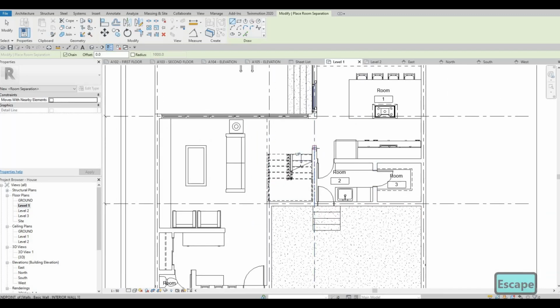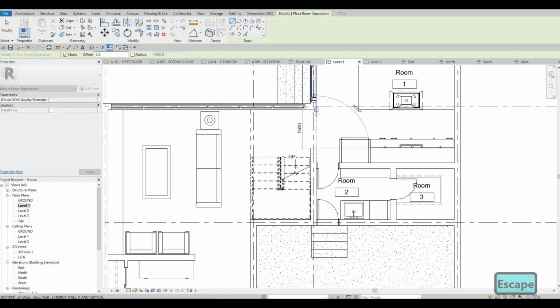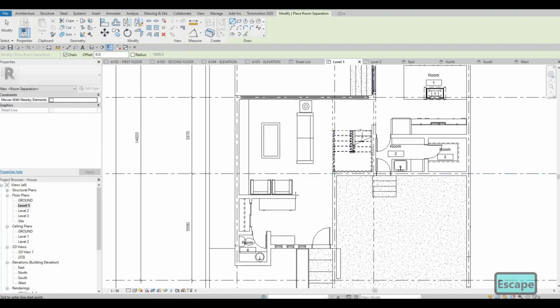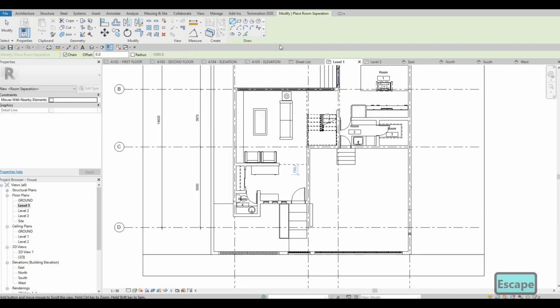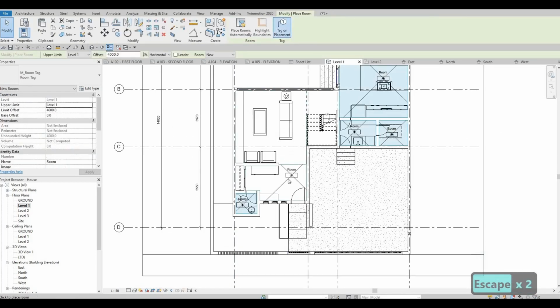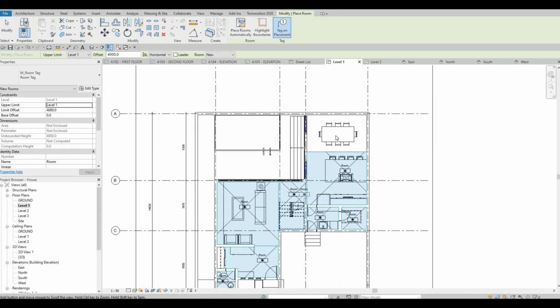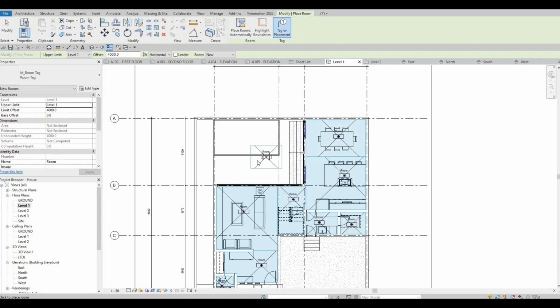So kitchen, we can separate this stair, and then here we could room separate. This will be living, and then this will be foyer. So now once we select here, as you can see, you'll be able to select more rooms, and then here